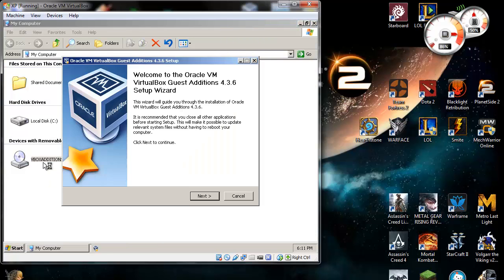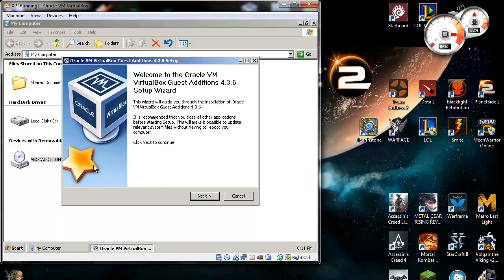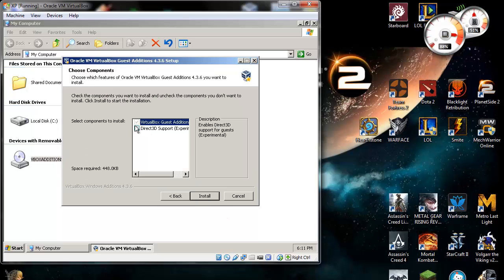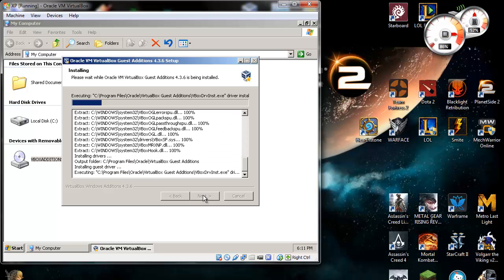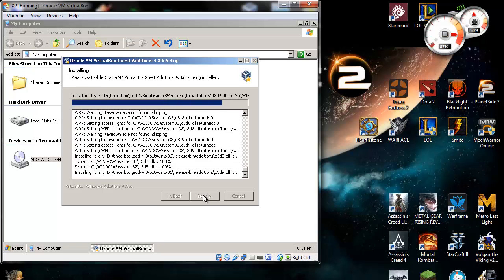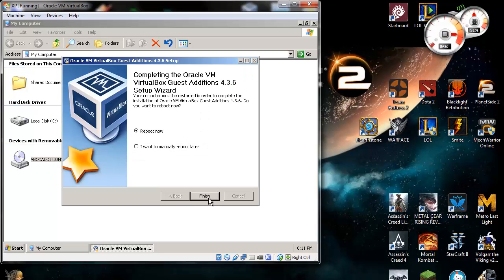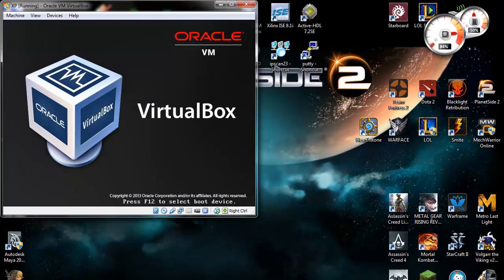Okay, start. My Computer. VirtualBox Additions, because I inserted it from earlier on. If it's not this, insert it. So, next, Direct3D support, install. Wait for it to install, and this will install your network interface, your sound, if it wasn't installed earlier, I got it to install, and your graphics card. Reboot now, let it reboot into the normal mode, not safe mode,